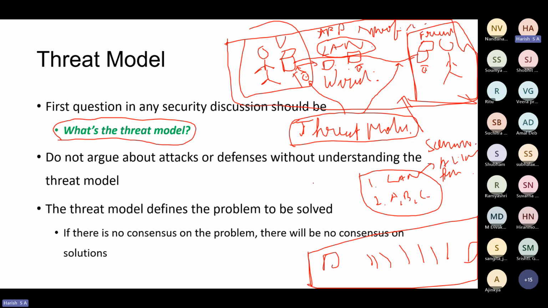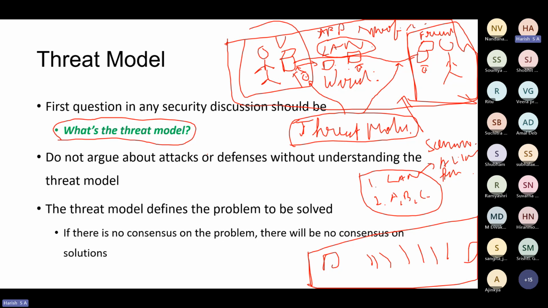So when we want to talk about the security of a particular scenario, you should always bring it in the form of a model. You should always model it, correct? And define what the roles of the attacker are, what all the things are that the attacker can do, and what all the things are that he cannot do. And under these conditions, I am analyzing the security, correct?